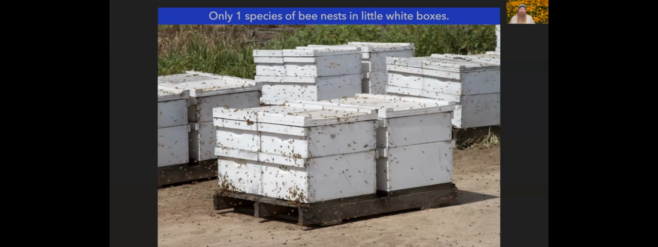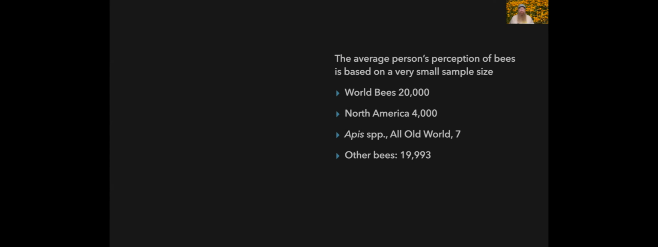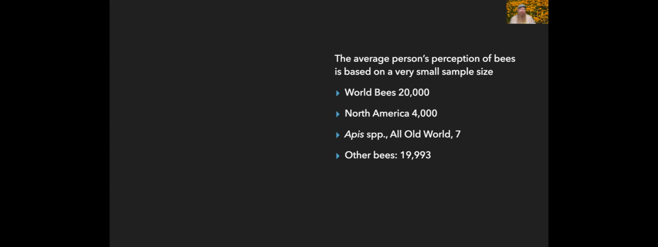Well, look there, little white boxes. Out of the 20,000 species of bees in the world, you heard that right, 20,000 species of bees in the world, only one species lives in little white boxes that we make for them, right here, these boxes. 1 out of 20,000. So the average person's perception of bees, I think, is based on a very small sample size. If there's 20,000 species of bees in the world, 4,000 in North America, then which ones live in little white boxes? Which are the ones you think are the typical biology of bees? Well, the